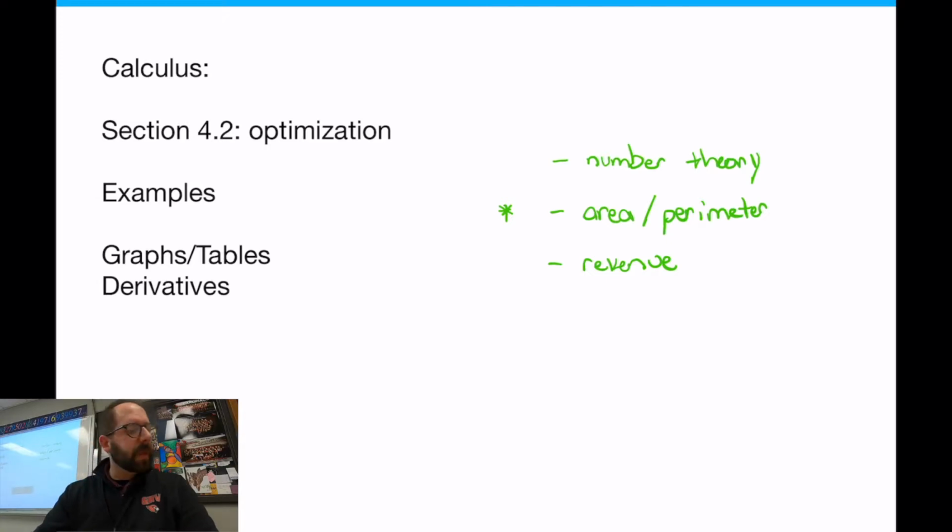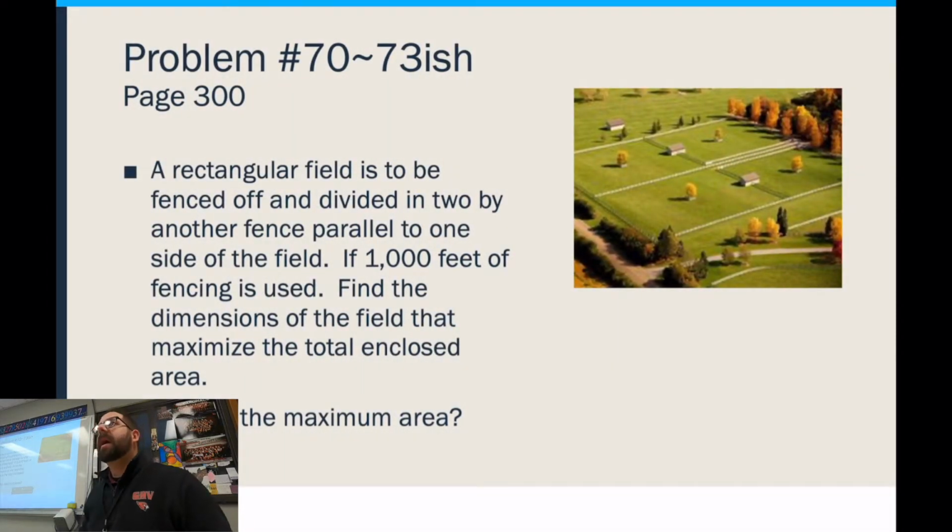Let's take a few notes here. Okay, first example here. We got a rectangular field. We're going to divide it into two fences. I believe you have one of these in your homework today. And so this one's talking about 1,000 feet of fence being used, and we've got to figure out the maximized